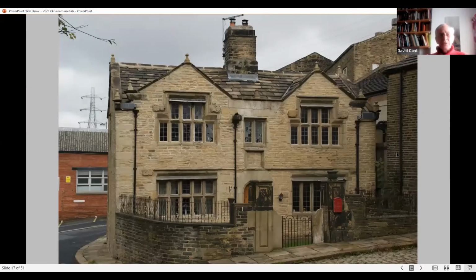A smaller building, not far from Shibden Hall, but we're coming down to the kind of scale of buildings that I'm going to be talking about, is this one in Boothtown. Boothtown's a suburb of Halifax. It was a separate community just outside Halifax, just to the north of Halifax, and home, as we'll see in a moment, to some very impressive buildings. This is a kind of a newcomer to that little group. Built in the middle of the 17th century,